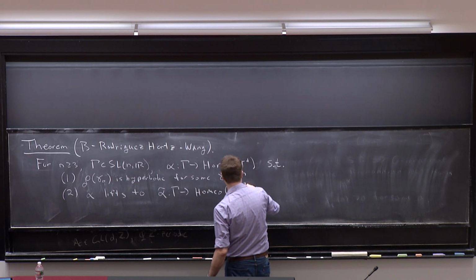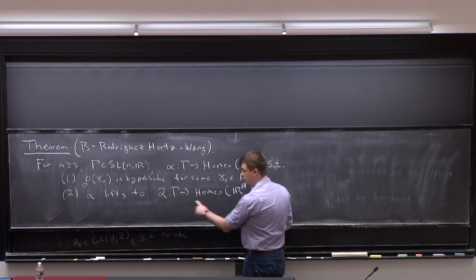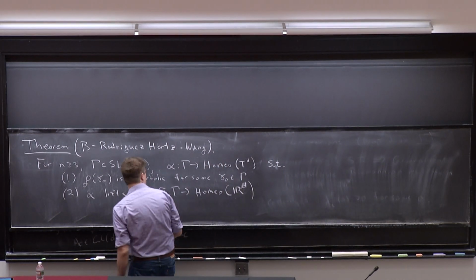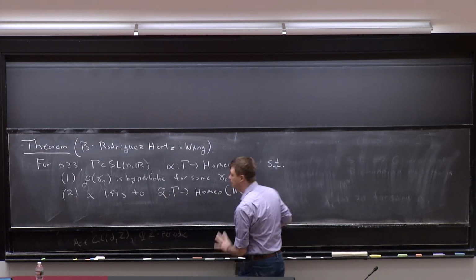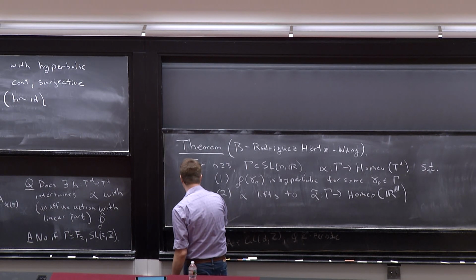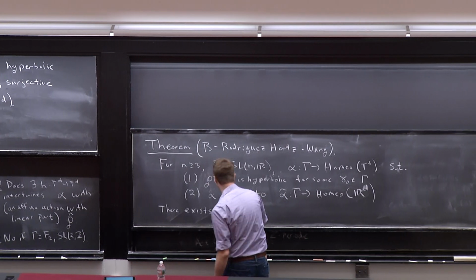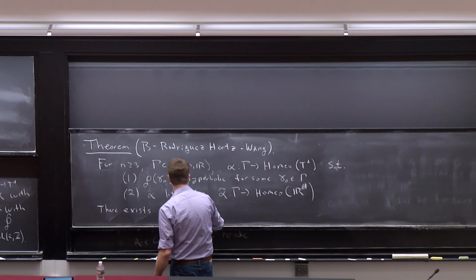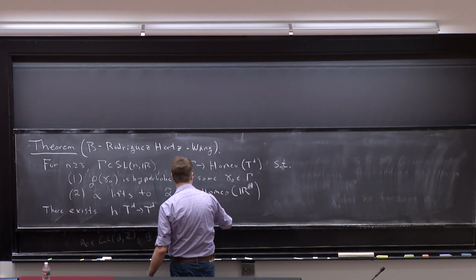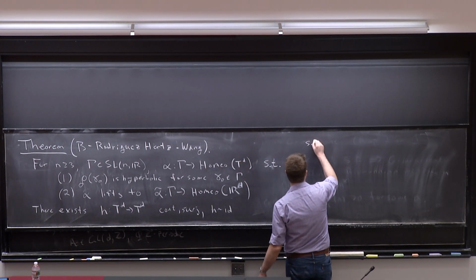R^d, I guess. So you can lift individual elements of the action, and the question is, can you lift them in a way that's coherent? And you can do this in a lot of cases. It's a question of vanishing of some cohomology. And we need this hypothesis, but it probably always holds. OK, so under these, then, there exists some h from T^d to T^d, which is continuous, surjective, and of course, homotopic to the identity, such that,